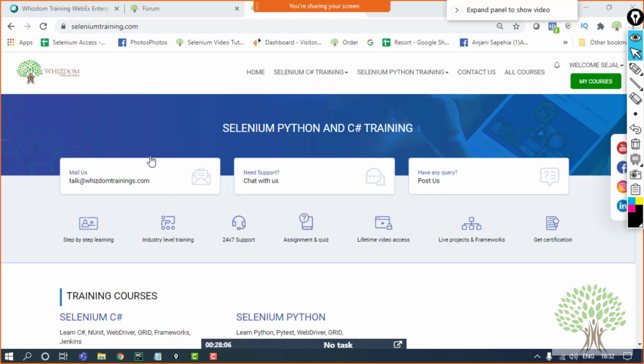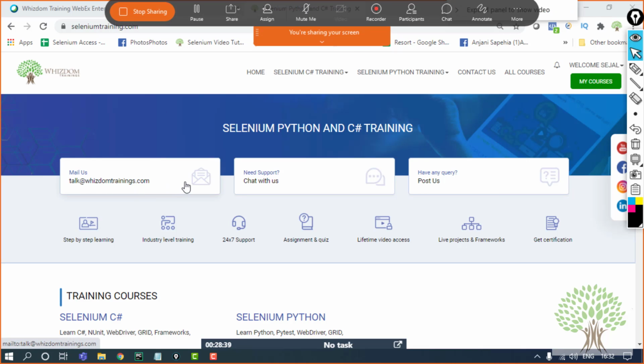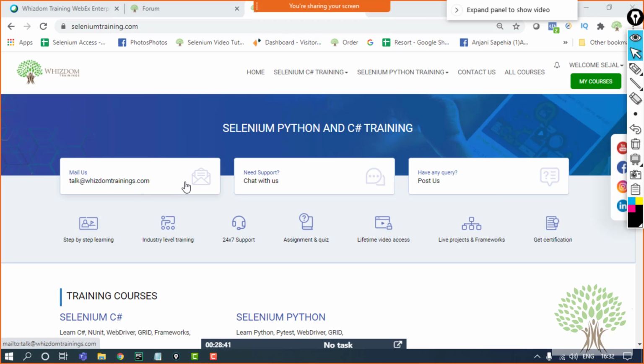Now that is something that we have to start from the very beginning. Suppose the site is being restructured and at that time there are some tags which are being added and some tags which are being deleted. At that time, if we are using the complete XPath, then I might have to change the whole of my XPath from the very starting till the end where I want the element to be extracted. Fine. Because of that reason only, we refrain ourselves from using the complete XPath. Instead, we go with the partial XPath, the relative XPath.